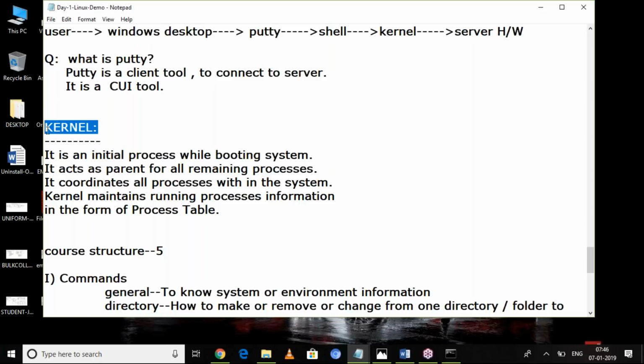All the child processes are managed by whom? Parent. Who is the parent? Kernel. So that's why kernel is known as a parent process, and it will organize all remaining child processes within the system. For any operating system, kernel is common.